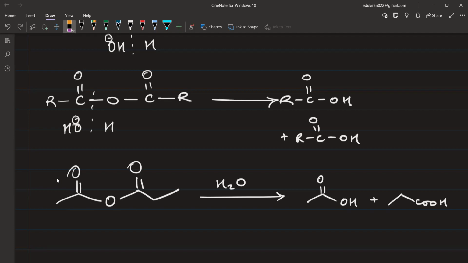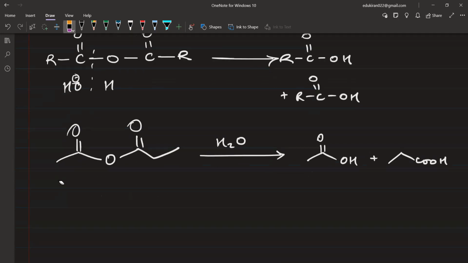acyl halide में वैसा कुछ नहीं है. acyl halide में आपको बस एक ही carboxylic acid मिलेगा. ठीक है. Then also for esters you have to take care, because in ester you have